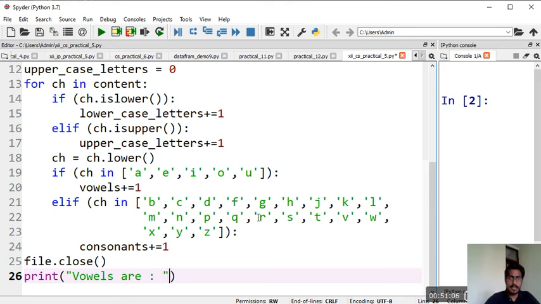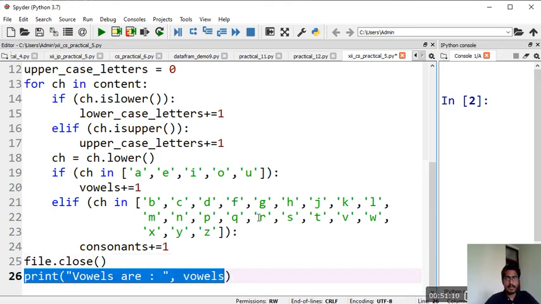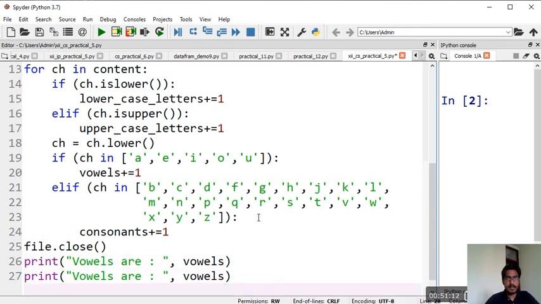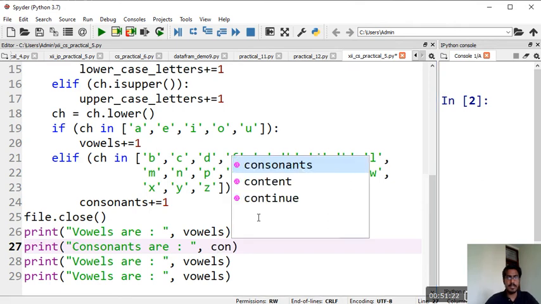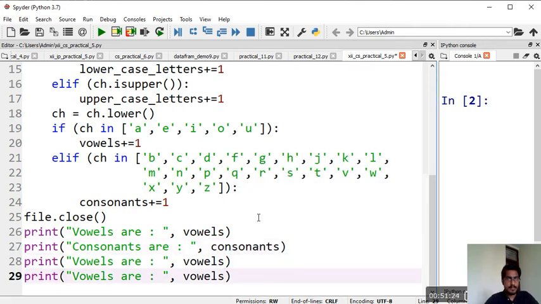How many vowels are there, vowels. I am copying it 4 times so that it will be easy. Now I am writing consonants, consonants are how much, consonants, lowercase letters, uppercase letters.